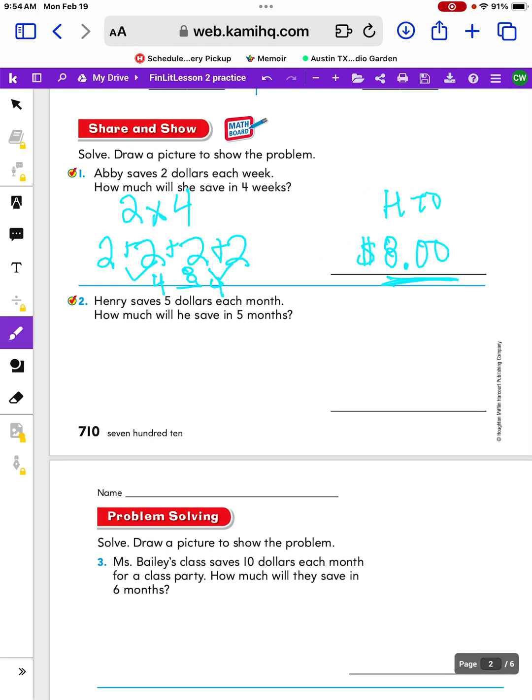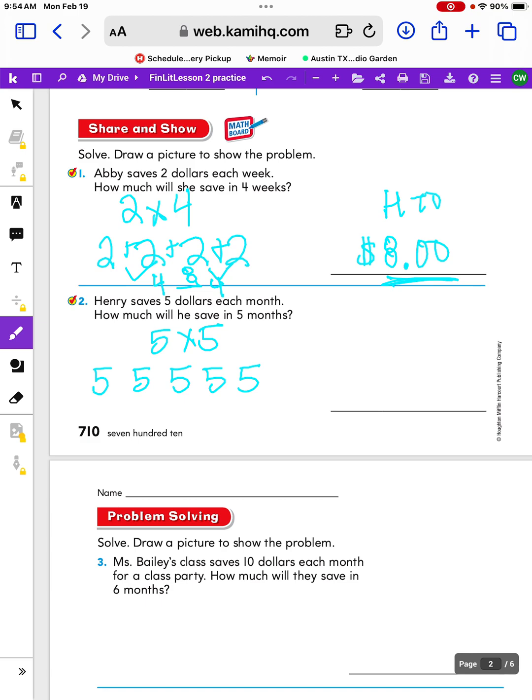All right, number 2. Henry saves $5 each month. How much will he save in 5 months? Same thing, guys. This is basically getting us started for multiplication, but we're not solving it through multiplication. We're solving it through repeated addition, which is the same thing as doing 5 times 5. It's just a longer way using addition. It's kind of like our jumping point before we get to multiplication. So if I have 5 times,